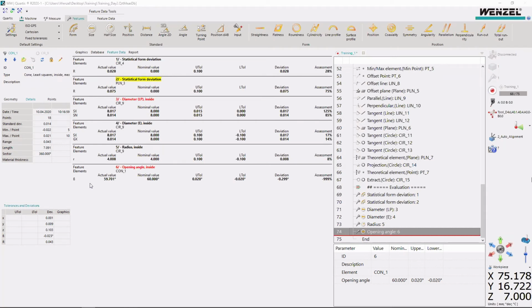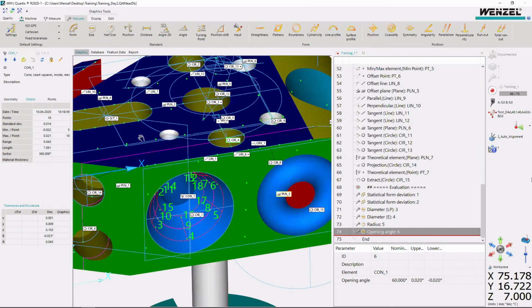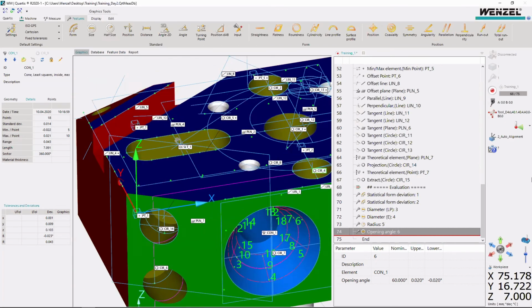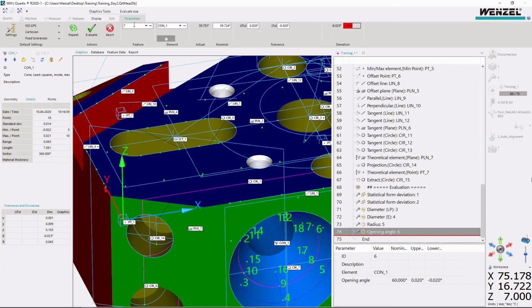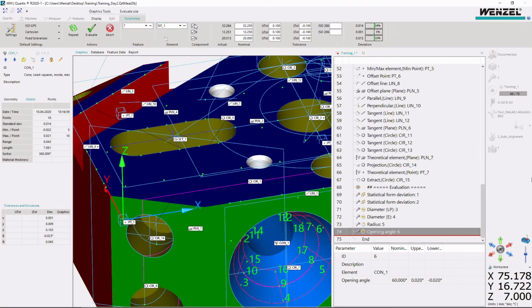So this one is the cone angle, and it is out of tolerance, therefore it is in a red color. And then the next one will be the size of this slot, like maybe you want to find the width and the length and so on. So it's also under the size, and then we can just simply key in the feature number and choose our slot 1, and then you will see we have 3 options, which is the 3 components for the slot